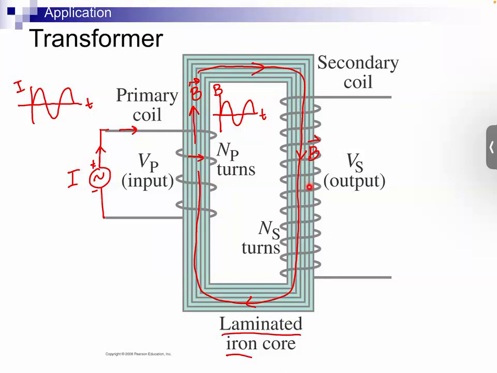And we learned yesterday in Faraday's law that if the magnetic field changes, that induces a current in the secondary coil. Using the right-hand rule, you point your thumb in the direction of the magnetic field and your fingers curl in the direction of the current that's created. So in your secondary coil, you have